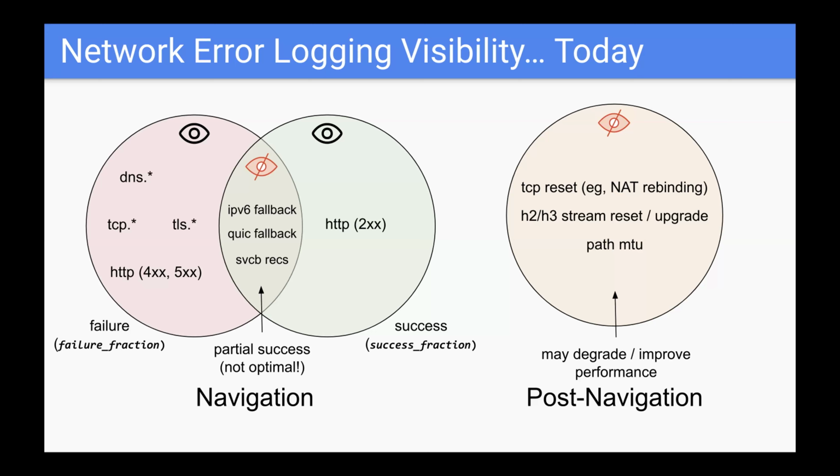There is another side of the story, which is the post-navigation. And today, what we're missing from the reporting is things like the TCP resets. And they could happen due to NAT rebinding, or if during an H2 or H3 connection there's a stream reset or an upgrade request, then we miss information about those. Path MTU is another thing, where some clients would send packets that are smaller than the MTU size, but then the later packets that go on after the connection are bigger. And so what that does is it breaks the IPv6 connections. And we lack visibility